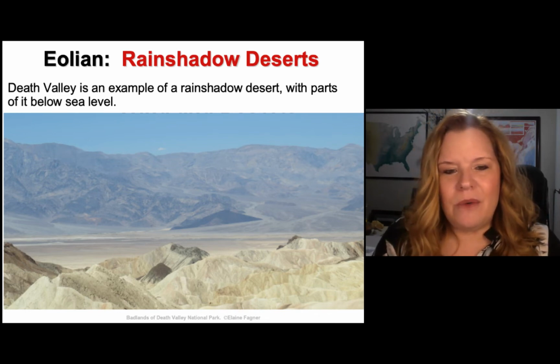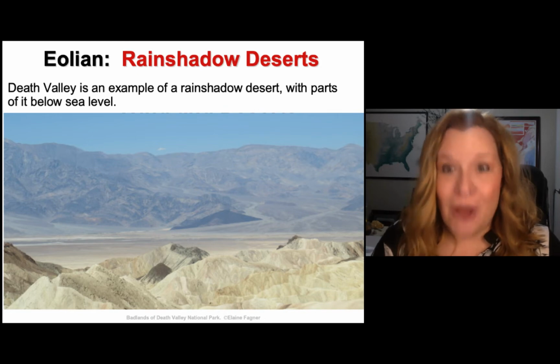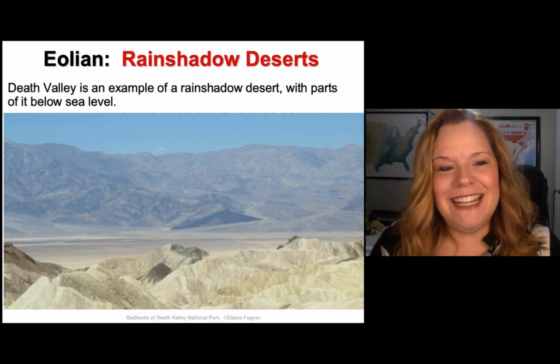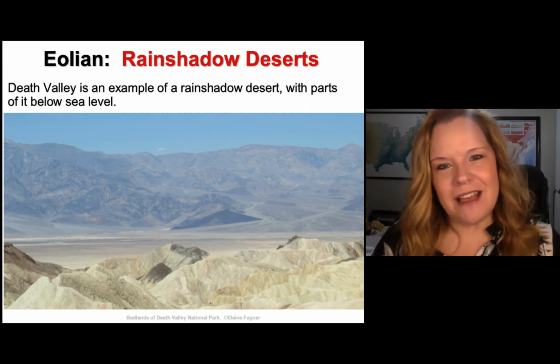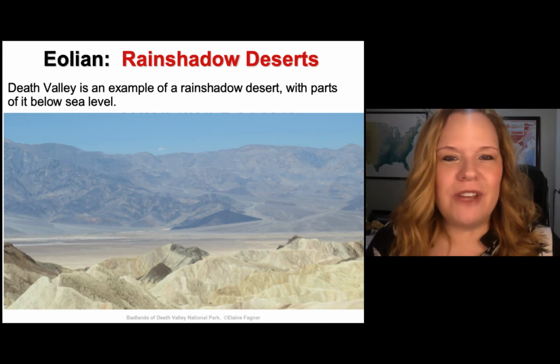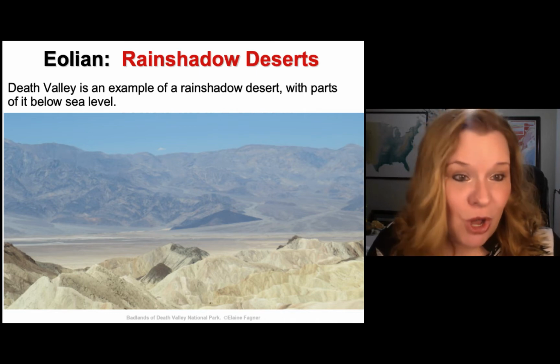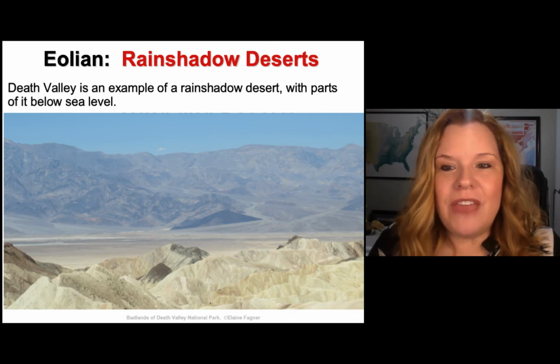And you're going, oh, wow, that's nice. But if you've been there, it's like, oh, wow, that's nice. It really is a cool place. And Death Valley is just one of the epitomes of the examples I can show you of what a rain shadow desert is. So parts of Death Valley actually exist below sea level,